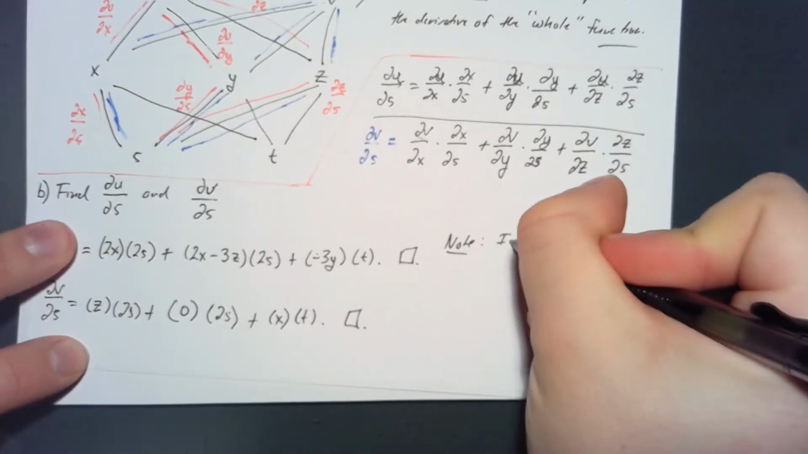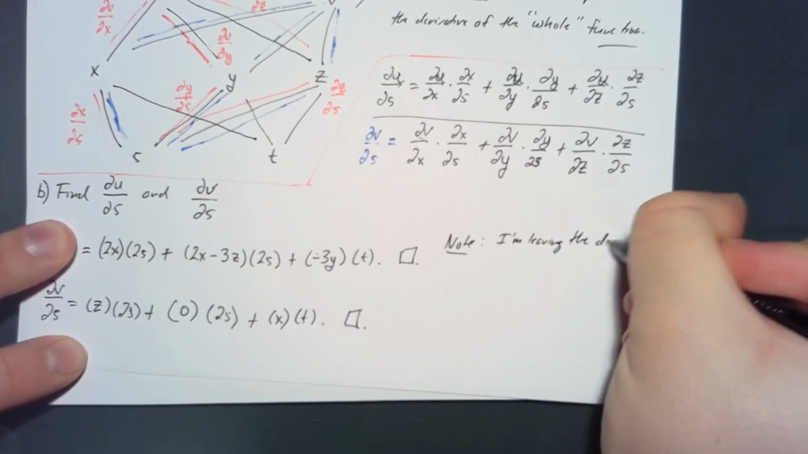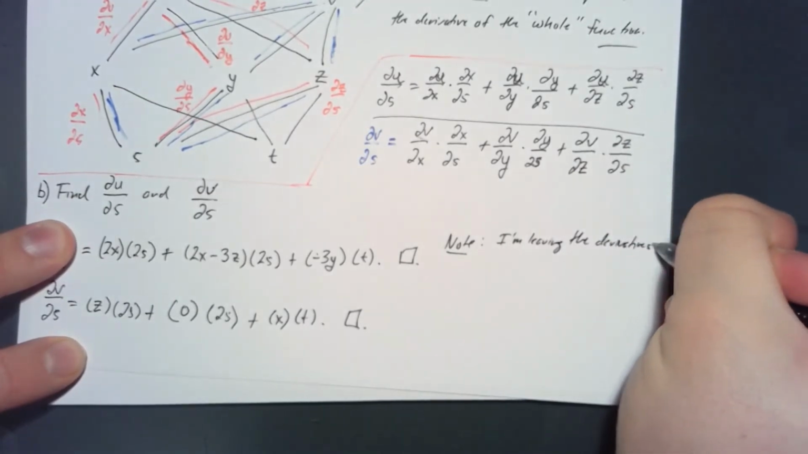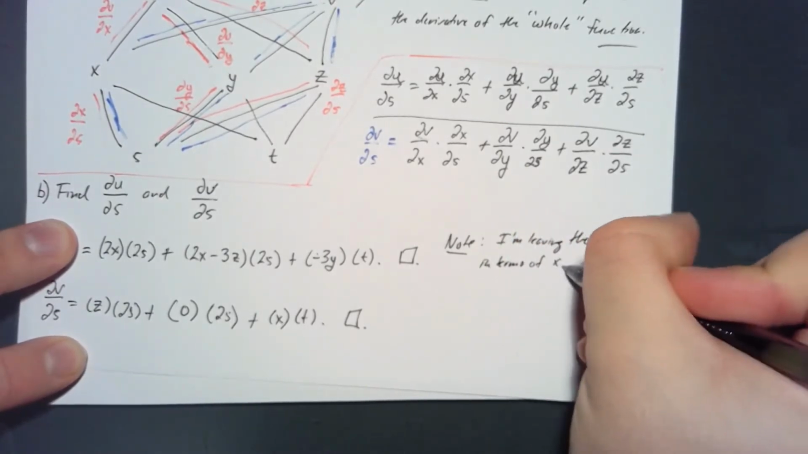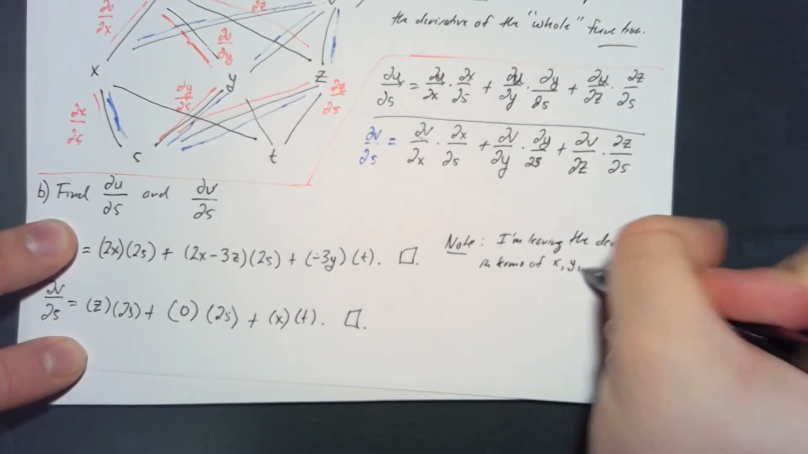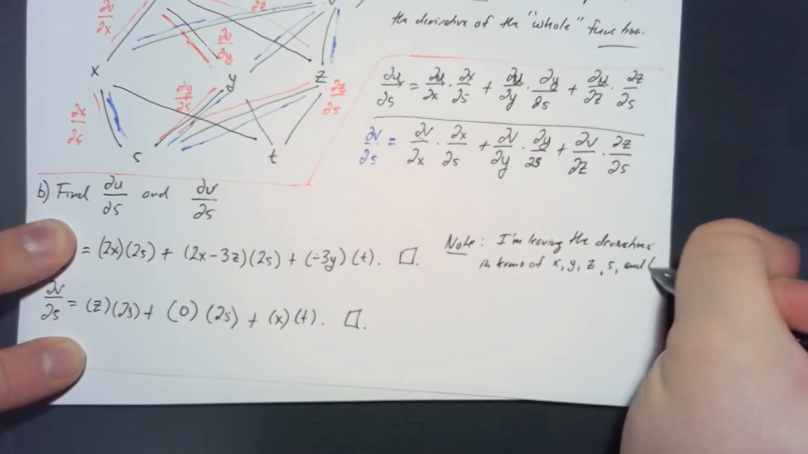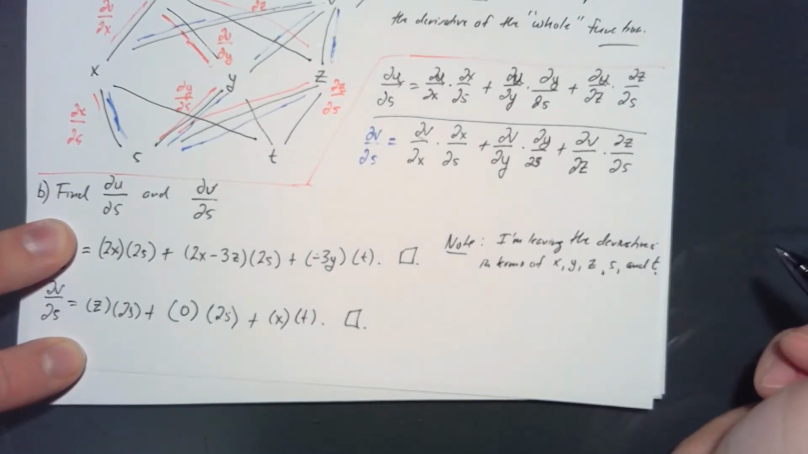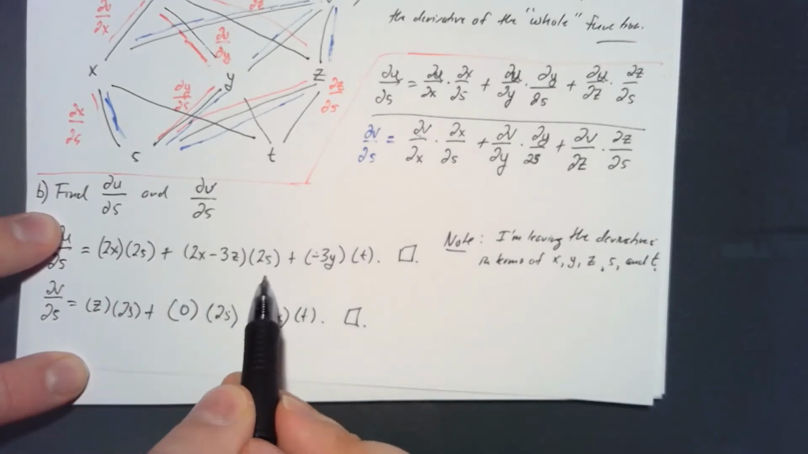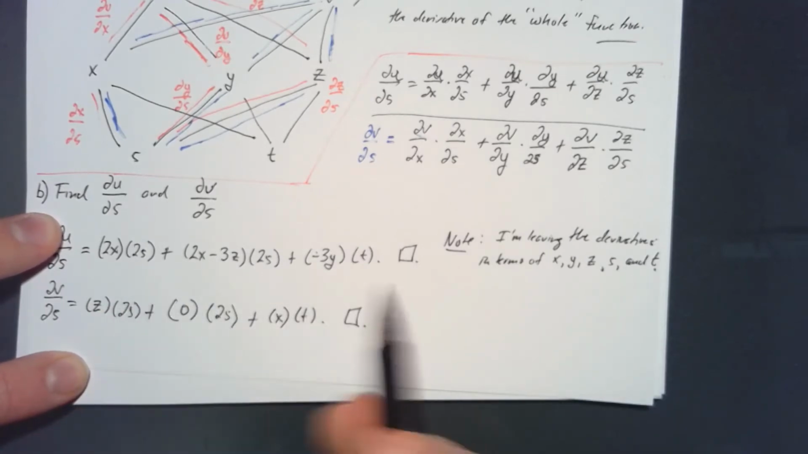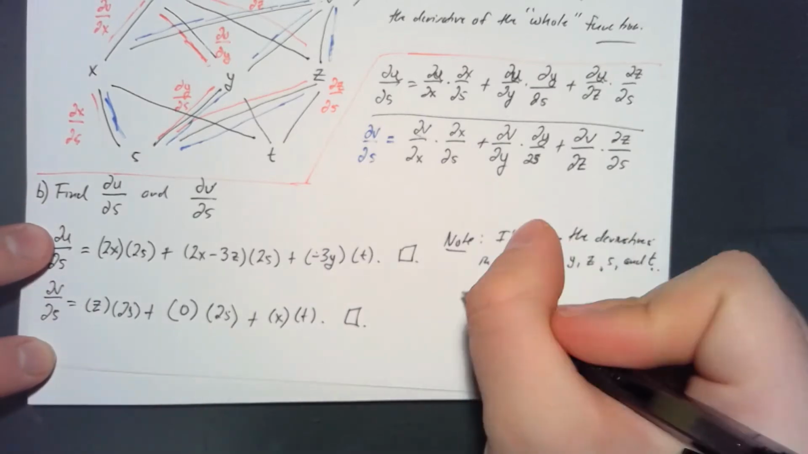I'm leaving the derivatives in terms of x, y, z, s, and t. If you look at these derivatives, they all have x, y, z, s, and t in them. And since we're taking it with respect to s, if you really need everything